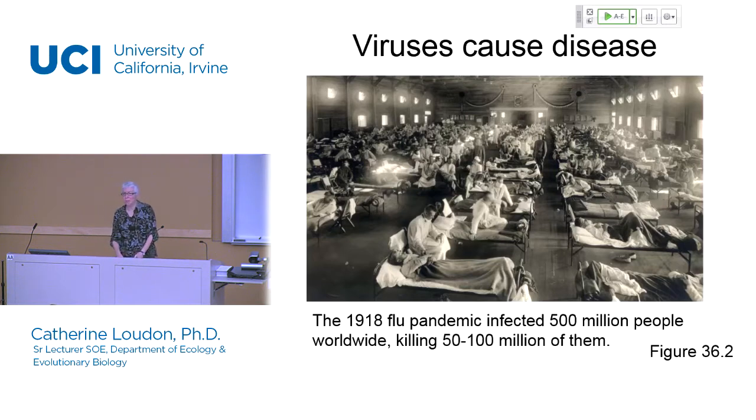This may not seem like such an important disease, but an example of how serious influenza can in fact be is shown by the data from the terrible flu pandemic that occurred in 1918. It is referred to as a pandemic instead of just an epidemic because it occurred all over the entire globe. Figure 36-2 from your textbook, which is reproduced in front of you right now, shows a photograph of a hospital ward taken during this time. And it's hard to even imagine something that is affecting so many people globally.